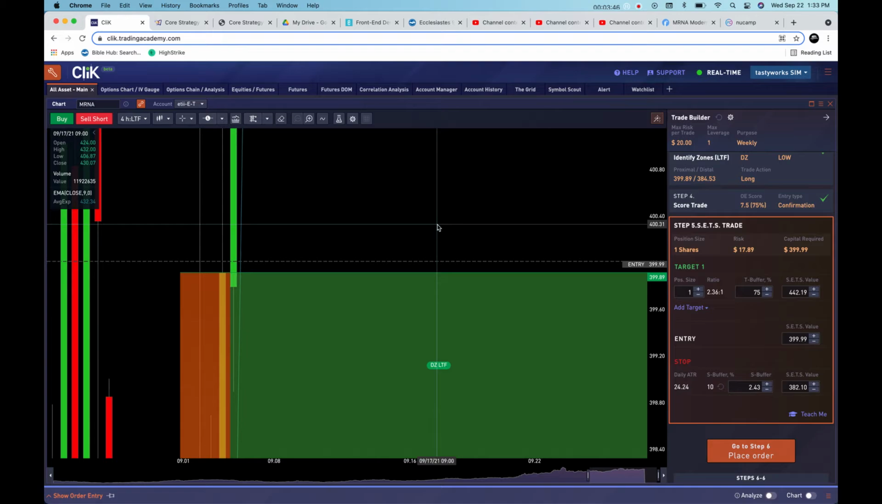So if you're scoring your trade and it scores anywhere between 7 to 8 points, that's a confirmation entry. If it scores 8.5 or higher, that's a proximal entry. If it scores below 7, then you don't want to take that trade. Okay, so in regards to confirmation entry, that's how you're going to go about that. You're going to set your entry 10 cents above your proximal line, and that's where your limit order is going